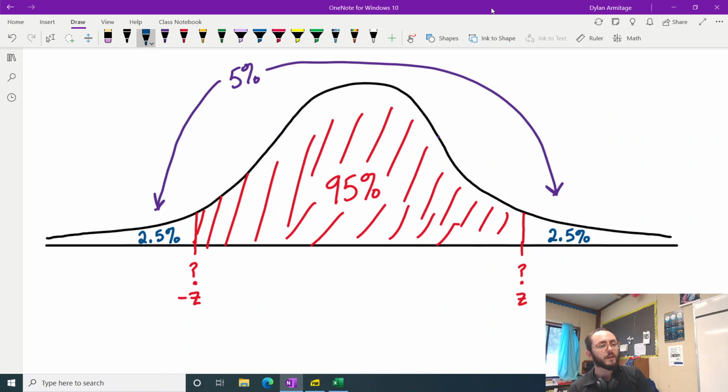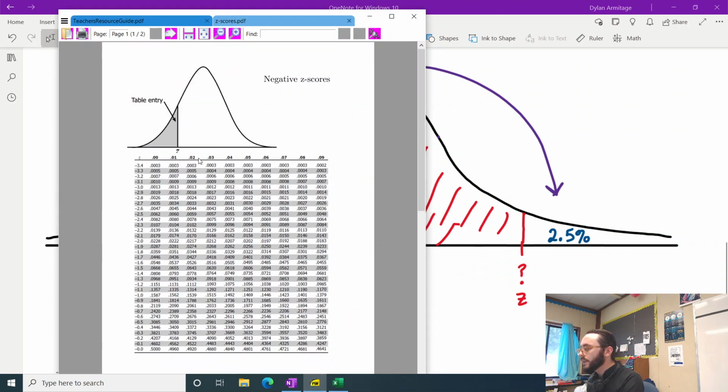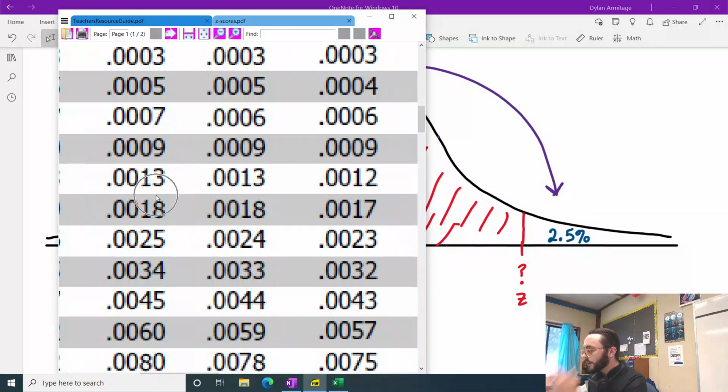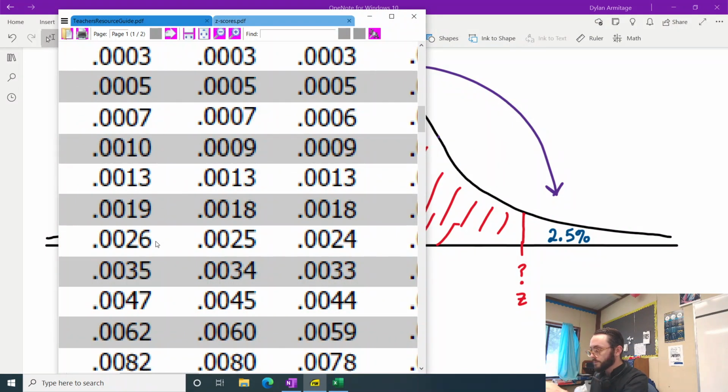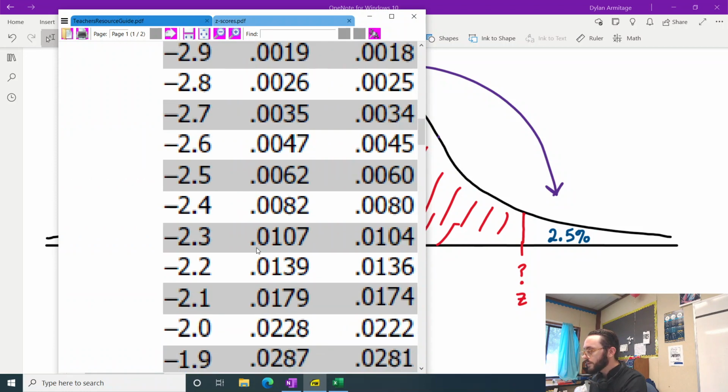Okay. So now let's find our value. There's two ways we can do this. The first way is, we know this 2.5% is the same as 0.025. So let's go find that in our negative table entry. Oh, nope, that's too small. Okay, we want